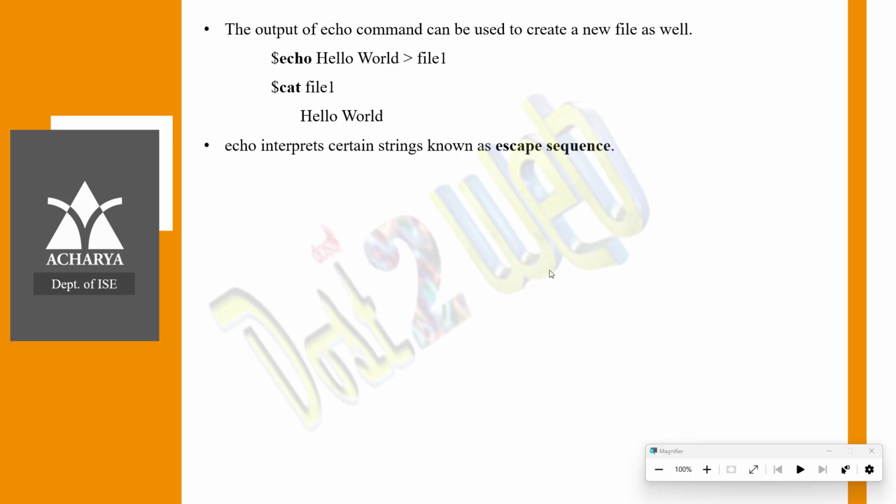You have already studied in C, C++, data structures, the same thing will be here also. So, you know very well, it will start with a slash, right?